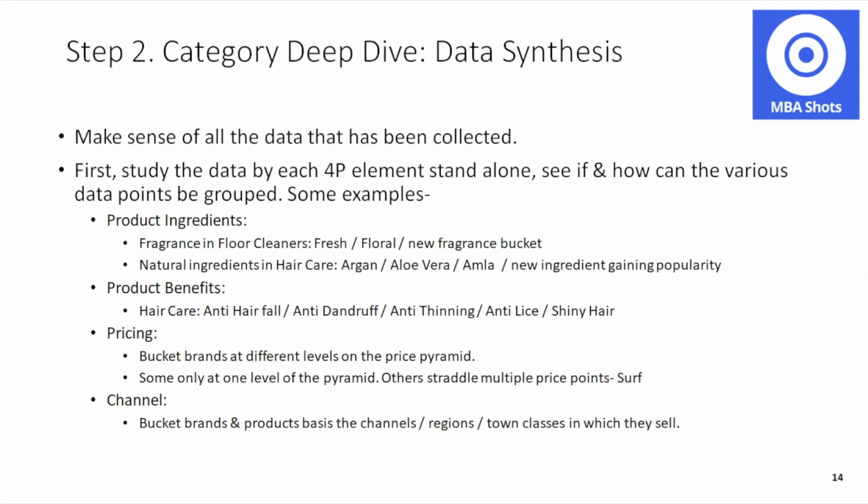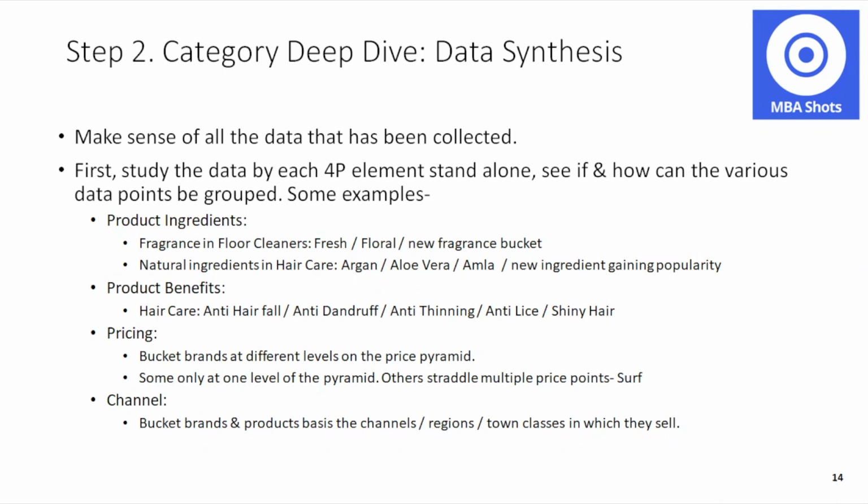And how does the sales split between the e-commerce platforms, the modern trade, the traditional trade? And similarly, you will have SKUs in the category and the brands basis the regions and town classes in which to sell. So this was the first level of data analysis, of data organization on each of the 4P elements